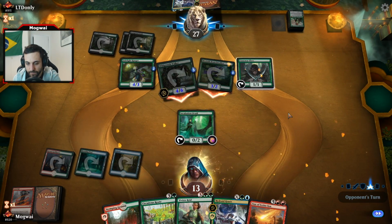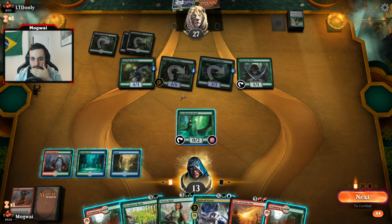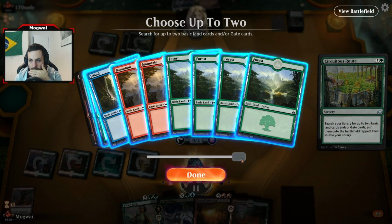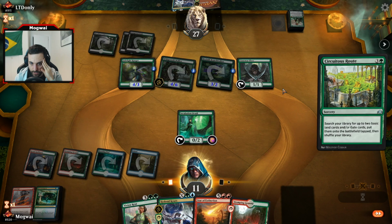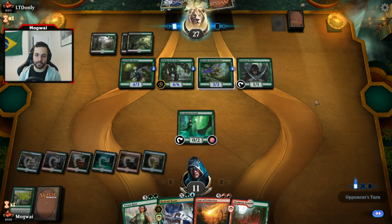We're gonna take a big hit here. So I want to use this to block actually, because I'm gonna use Star of Extinction next turn, so I can block one of the big hits. So I have to use this. And I'm gonna search for the Simic Guildgate. And what else am I missing? I have 2 sources of red mana, 2 sources of blue mana. I definitely don't need green. It can't hurt to get an extra blue, right? No, red. Because this means that I'll be able to